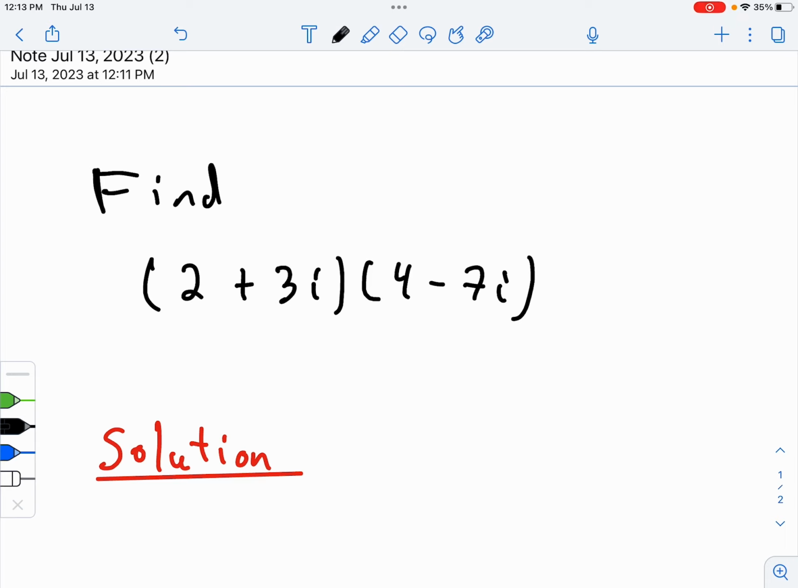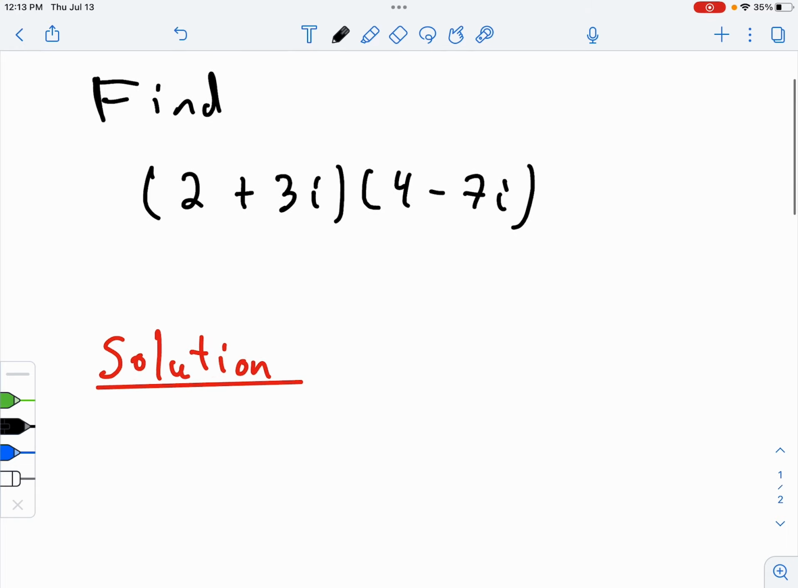Okay, so we're going to find the product of two complex numbers. Sorry, the number 2 plus 3i times the number 4 minus 7i. Now, there is an explicit rule that tells you how to multiply complex numbers. What I'm saying is there's a formula, but I'd rather do it using